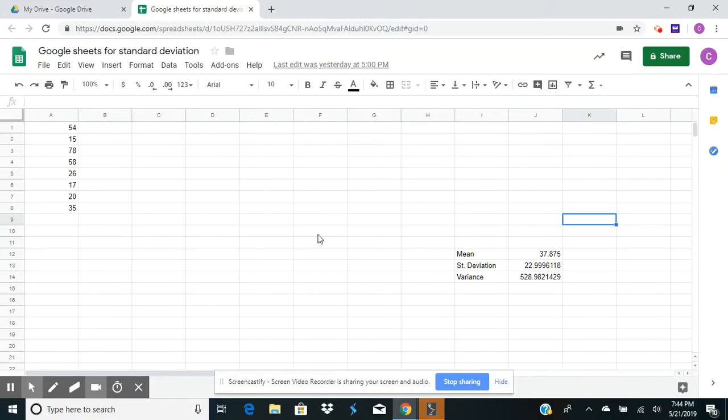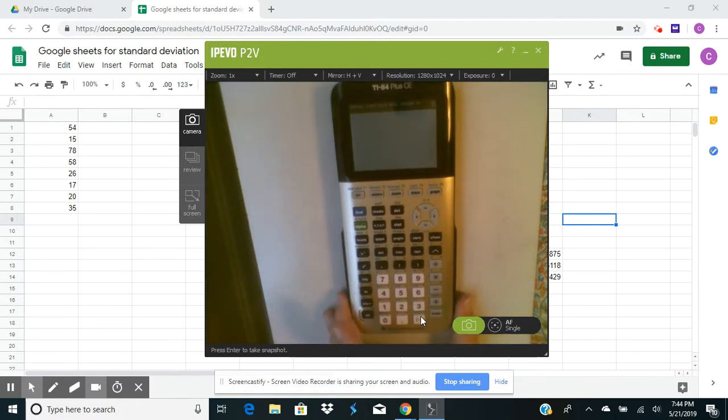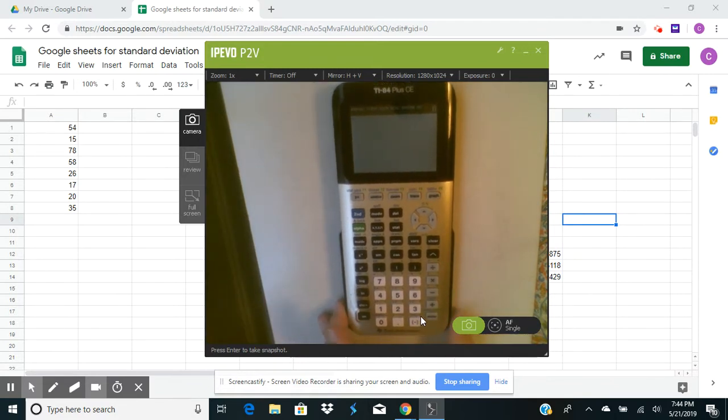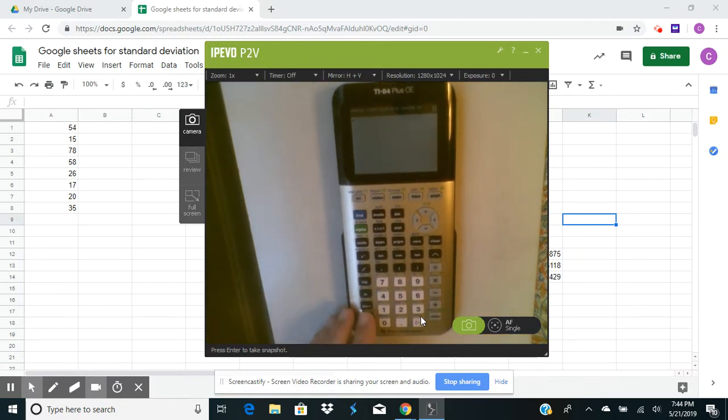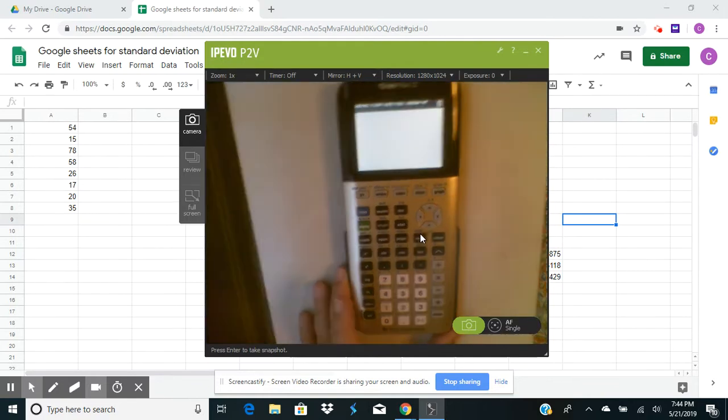Hello. Hopefully you watched the video on how to find mean and standard deviation using Google Sheets. I also wanted to show you how to do this with the graphing calculator if you have one. I apologize, you may hear my dog barking in the background. I'm going to use the same data that we have here just so we can see some of the different